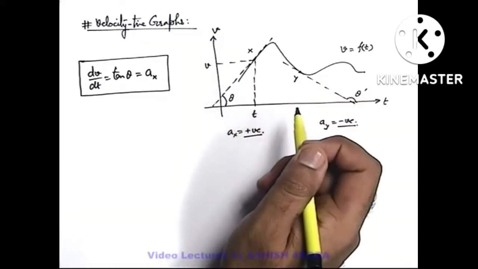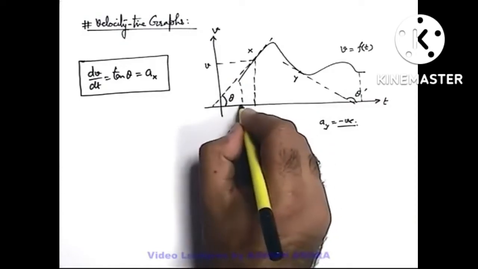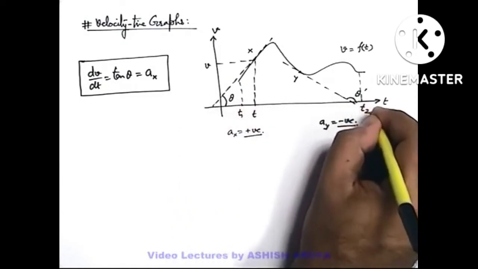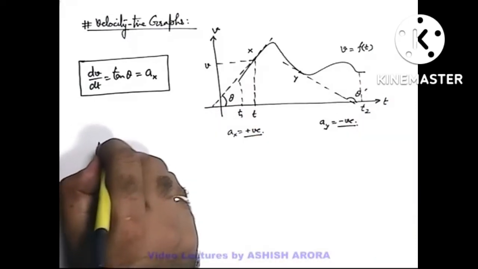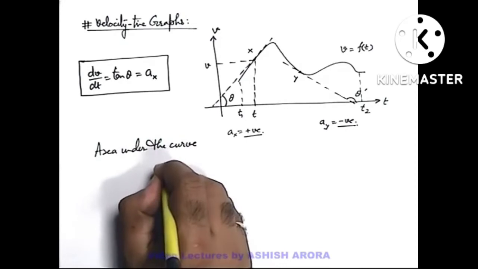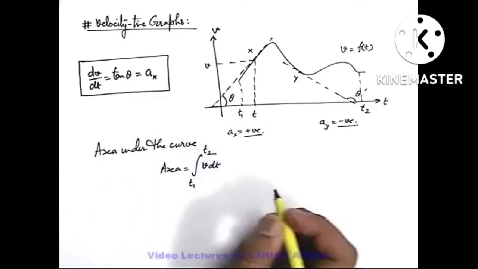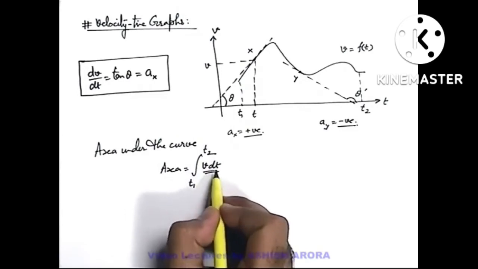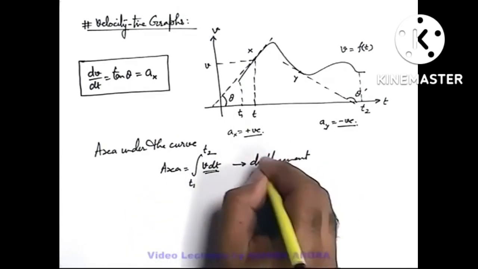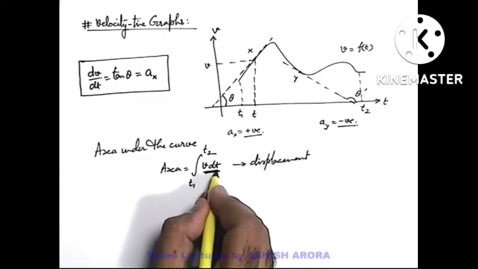Along with this, we have already studied in calculus that area under a curve can be given for between two coordinates on time axis, say t1 and t2. If we find out the area of this curve, so area under the curve can be given as integration of v dt from t1 to t2. Here you can see this integration of v dt will be given as displacement only, because if we talk about v into dt, it is the displacement covered by the particle during the time dt.